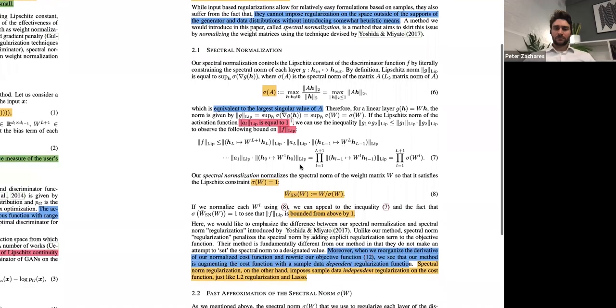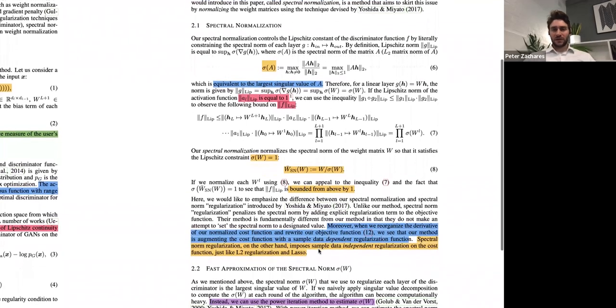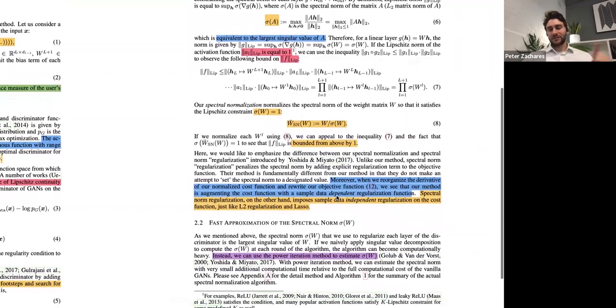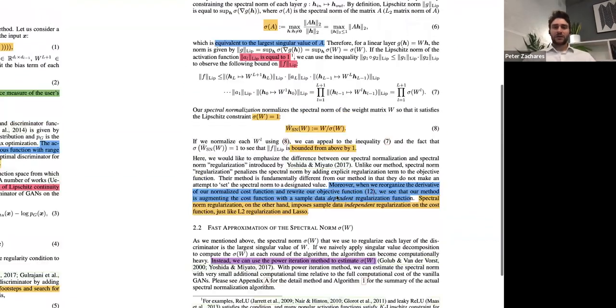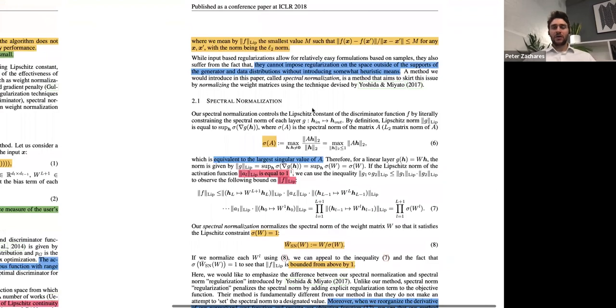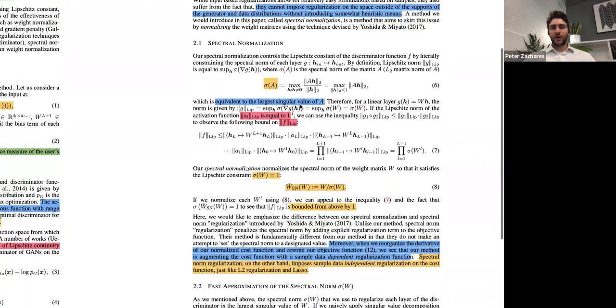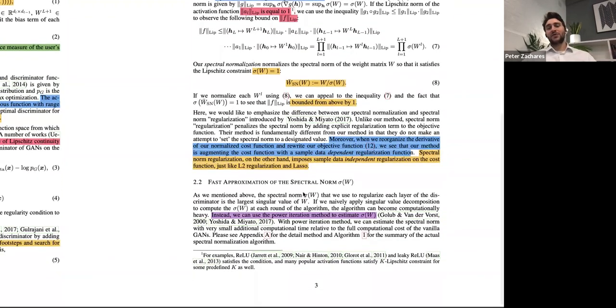I'm not going to get into this now, because like I said, they mention works that are similar to theirs quite a few times, but I think the section that talks about it is best. So they've just shown you how to upper bound the Lipschitz constant of the discriminator in section 2.1. In 2.2, they tell you how to calculate the largest singular value of the spectral norm, because